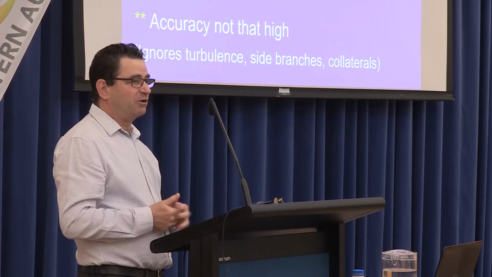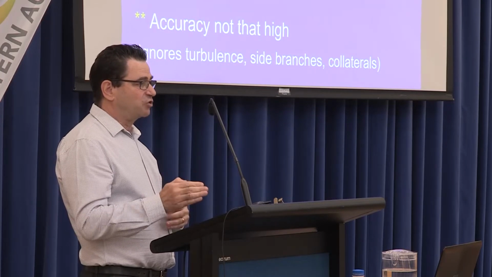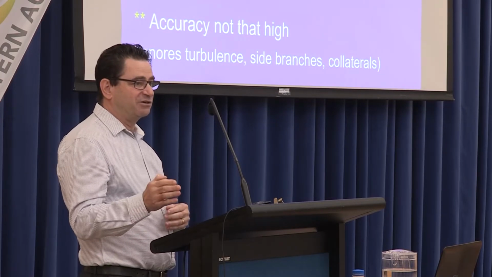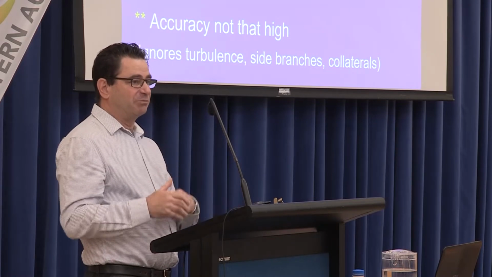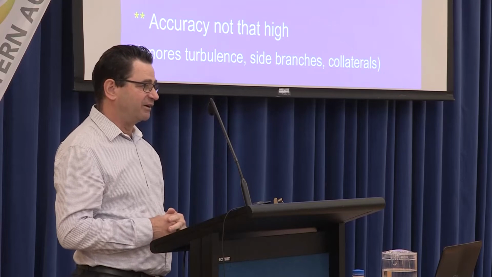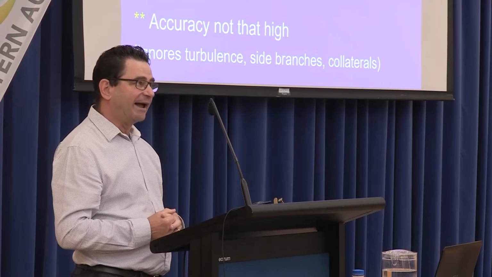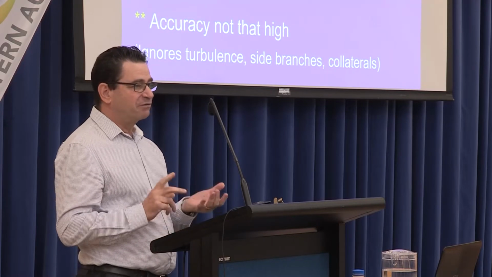So whilst we may not be able to accurately measure the cross-sectional area, if you can show that there's an acceleration of velocity, you can assume there is a proportional reduction in the area. And that's basically the whole principle about Doppler arterial studies. Now, there's a couple of asterisks there. Firstly,